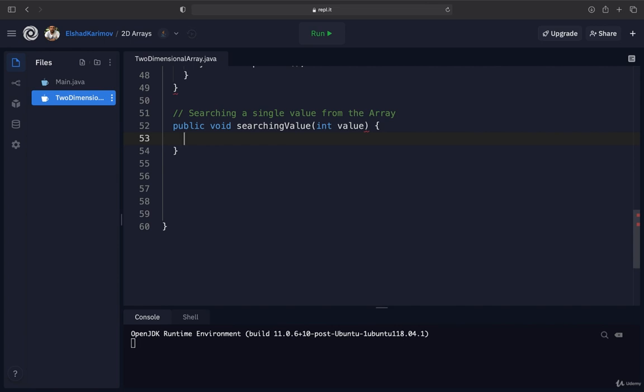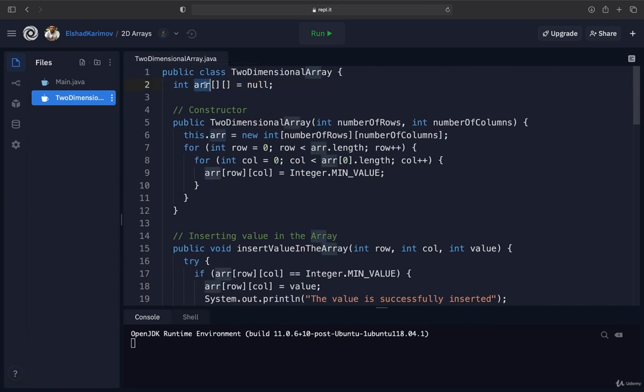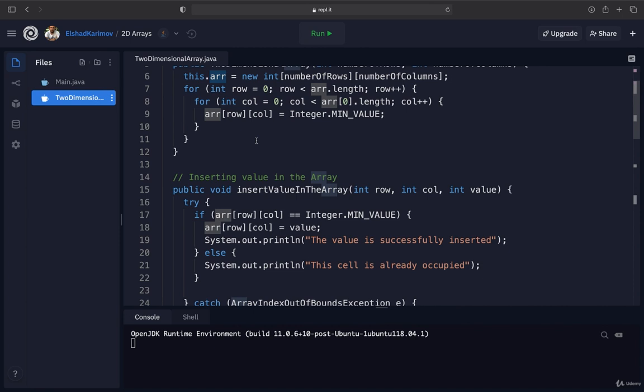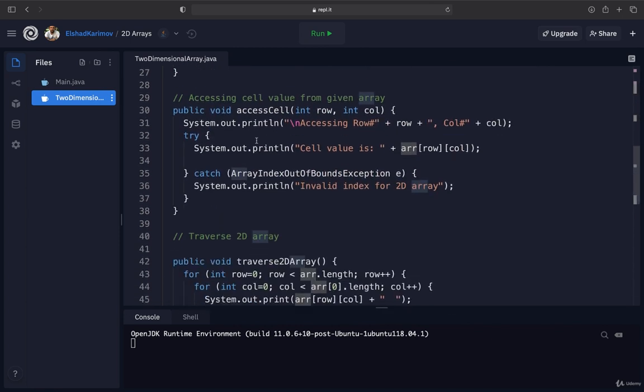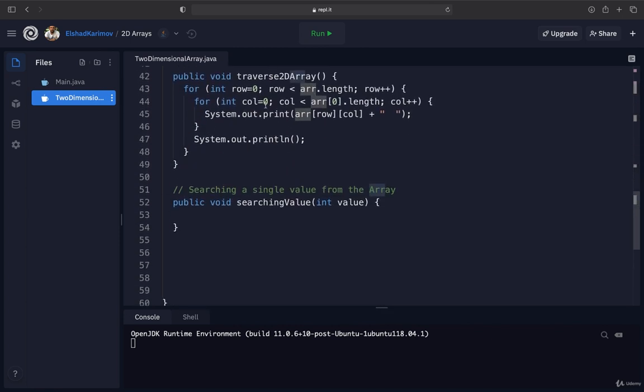Then the first thing that we are going to do is loop through the array that we created and check if the element exists there or not. As you remember, when we traversed the array, we wrote our loop like this. First we loop through the rows, because we loop the first row, then the second row, then the third row, and it continues like this. Then inside each row we loop through the columns. So the same thing will be applicable over here.